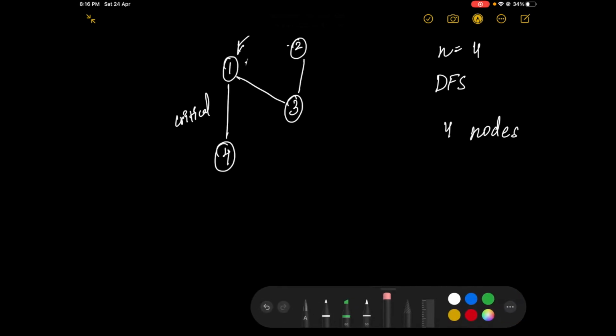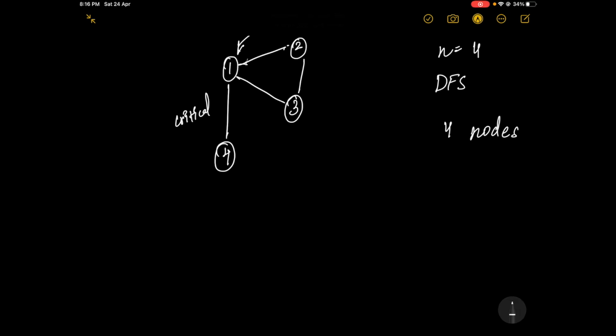But for example, if we remove this one, and we do a DFS from 4, say, we will only get a DFS node count of 1, because 4 can't traverse anywhere. And if, for example, we traverse from here, we get the number of nodes as 3, which is not equal to the number of nodes which has been given to us. So therefore we understand that 1-4 is a critical connection, and we put it into the answer vector which we will be returning.